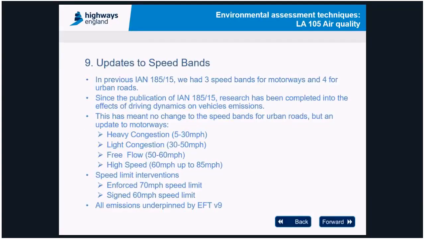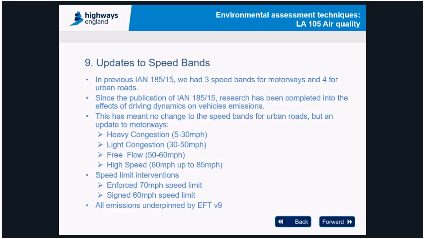And what our work has led us to understand is that previously we had, say, 3 speed bands for motorways, so we had free flow, light congestion, and heavy congestion, and that was based on the knowledge at that time. Actually we need to bring forward 4 speed bands now for motorways. So this still has the same outcomes for heavy congestion, light congestion, but what we've introduced now is a free flow category which represents speeds at 50 to 60 miles an hour,